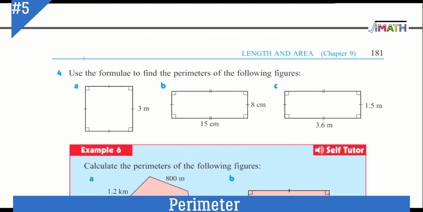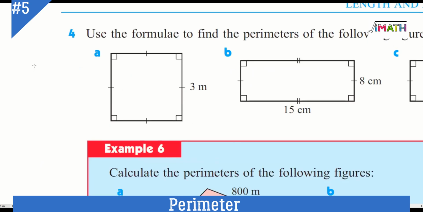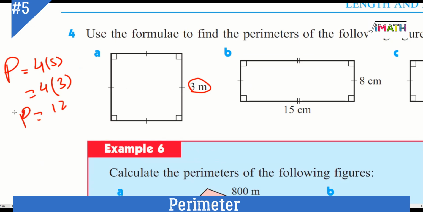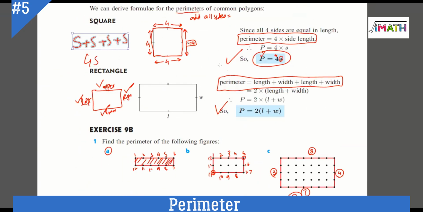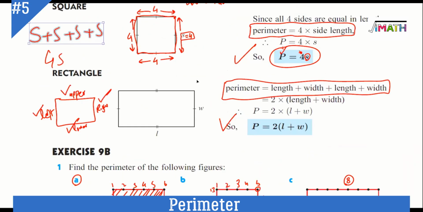So if we use that formula, what do you think? What's going to be the perimeter of this square? 12. Yeah, so it's pretty simple, right? We just need one length, that's going to be 3, and we multiply it by 4, and we get the perimeter, 12 units for this square. And for the rectangle, what we do is, okay,